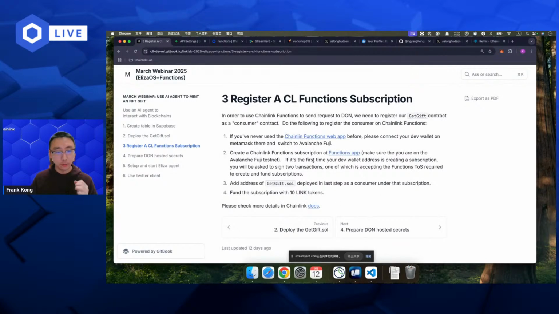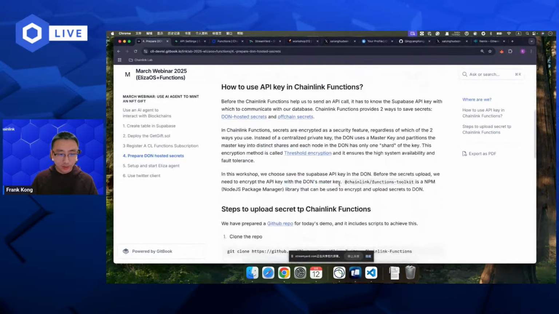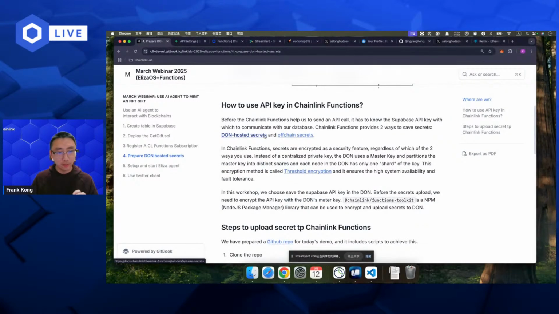upload this API key to the Chainlink DON. We have something called, let me check, oh, it's in step 4, I'm sorry. So we have something called DON-hosted secrets and off-chain secrets. Before we allow the DON to use our secret, there are two ways. The first way is to encrypt our secret with the public keys of the DON. There are several public keys because every node under the DON has its own public key.